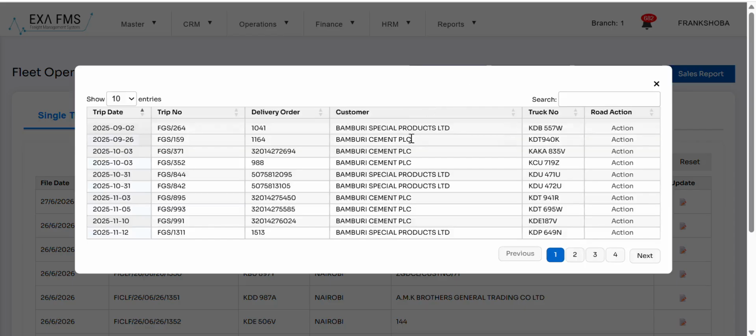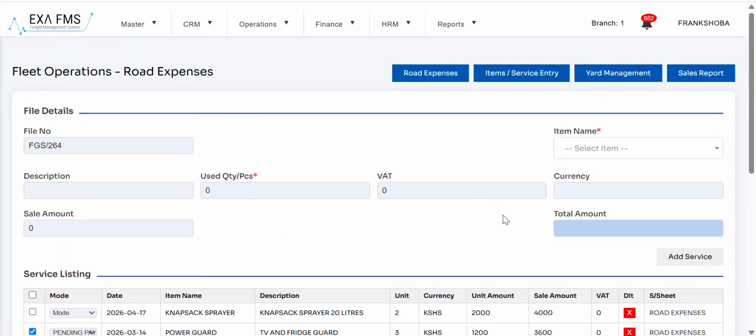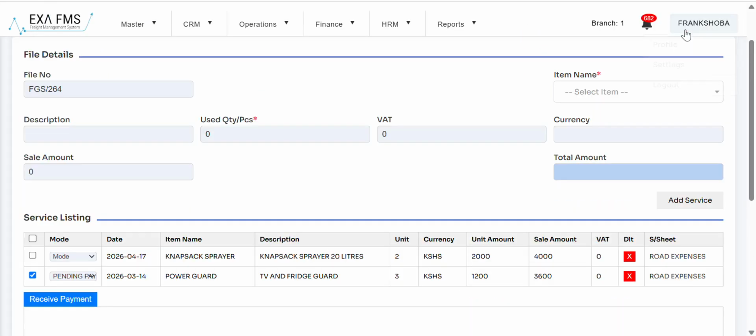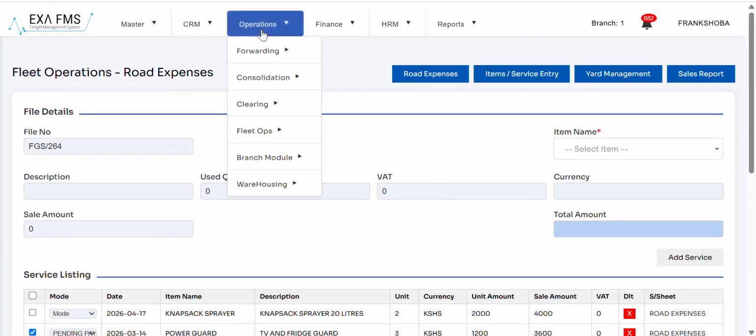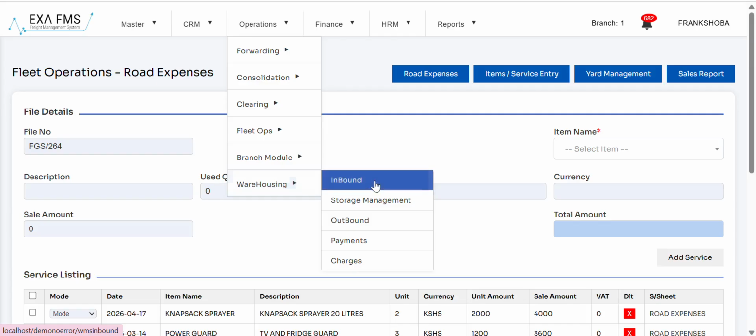So under the road expenses, you pick a trip and then you just allocate it an expense. So that's how it is, and then you can get a service sheet out of it. You can generate a job card and or a service sheet. So a number of items are within that part on the fleet, and then we have the warehousing, where you